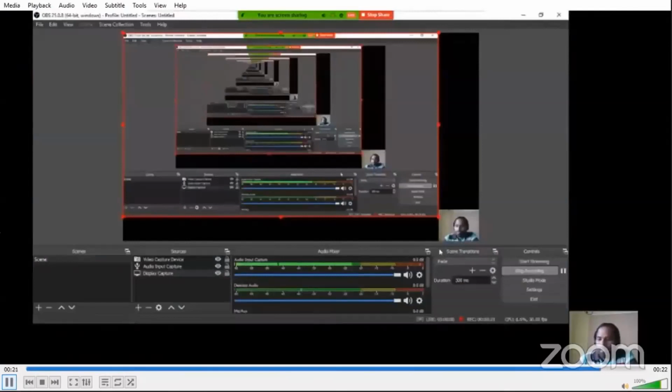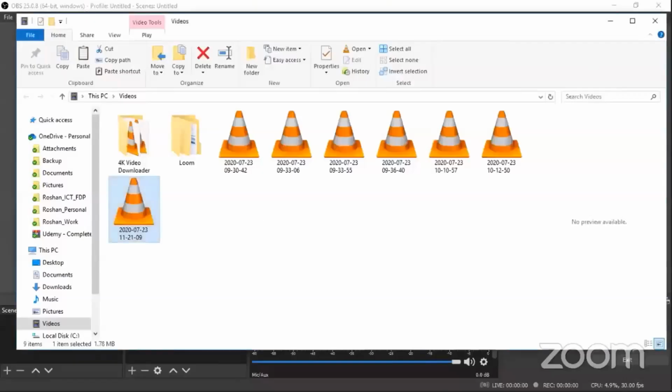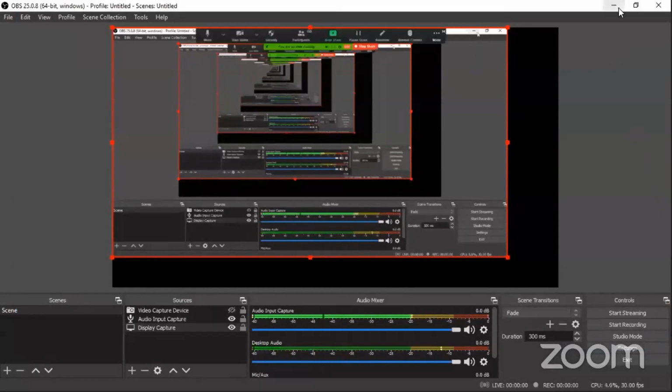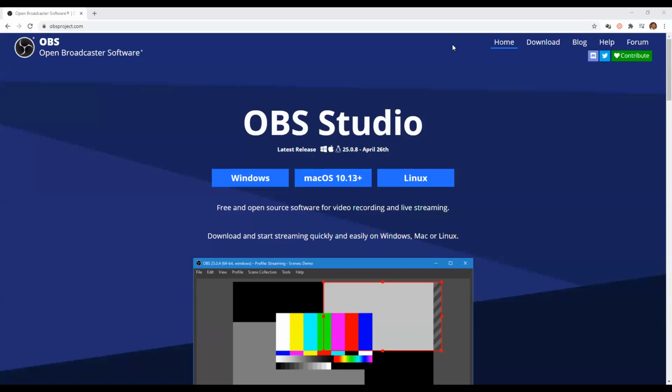Okay. So as you can see, it's a very simple tool. It's a very beautiful tool. It's very handy. As I said, you can do offline recording using OBS. You can do online recording using OBS, and also most importantly, you can also live stream to YouTube or Facebook, etc. So this is a very useful tool. And so yes, this is how we can record. We can do either offline recording or online recording using OBS. So sometime later we'll also see how we do live stream using OBS.